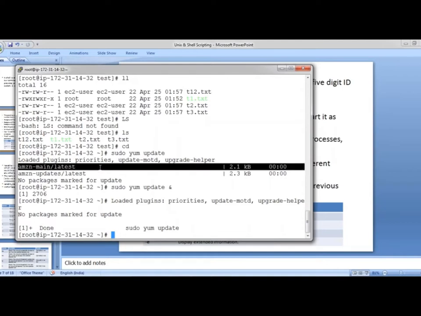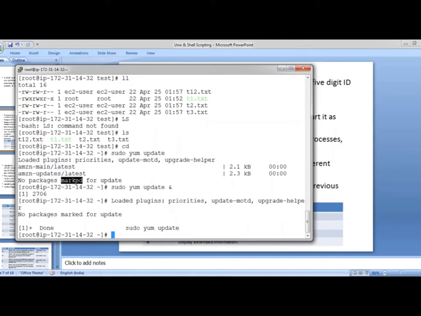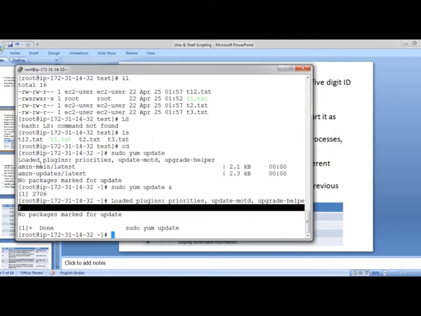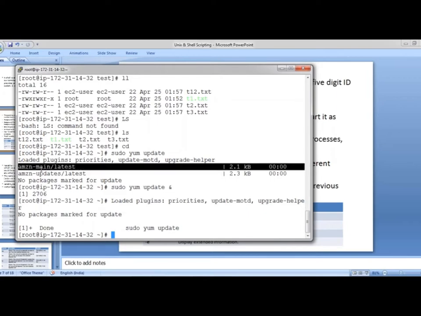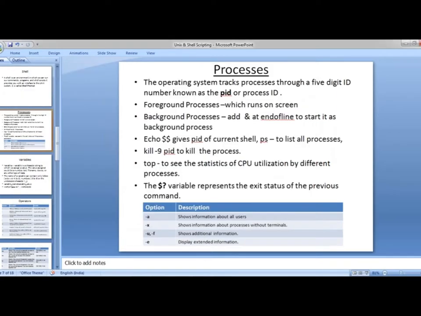Here you can see that it has done it in the background; it didn't display it on the screen. That's the difference between a foreground and a background process.